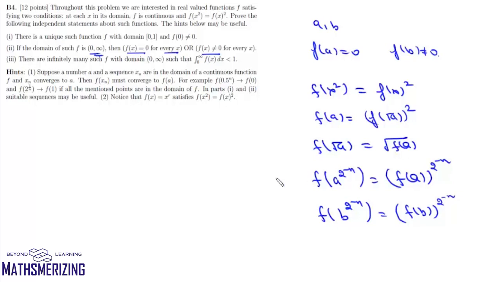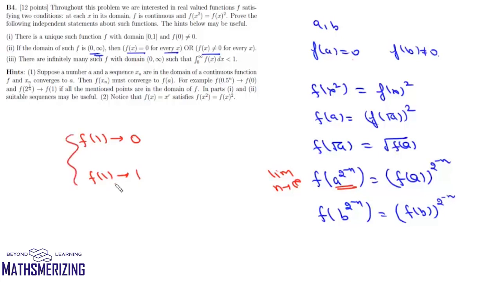Now again we'll take the limiting value of this function, so we'll take the limit as n tends to infinity. Now this is 2 to the power minus infinity, which is 0, and a to the power 0 is 1. So from here we can write, as n approaches infinity, f(1) approaches (f(a))^(2^(-n)). Now f(a) is 0, so this value will be simply 0. And what about the second one? From the second one again it will be b to the power 0, so we'll get f(1) as (f(b))^(2^(-n)). Now f(b) is unequal to 0, and 2 to the power minus n tends to 0. A finite nonzero number to the power 0 is simply 1.